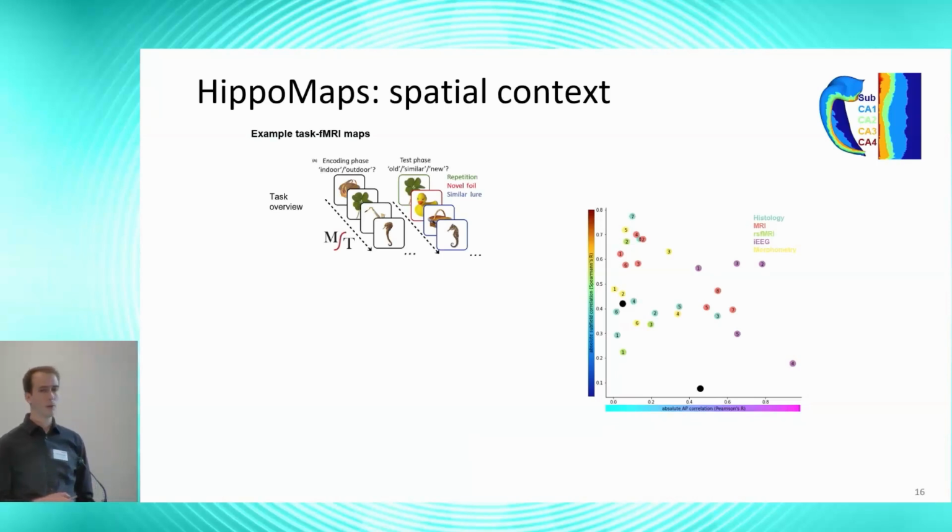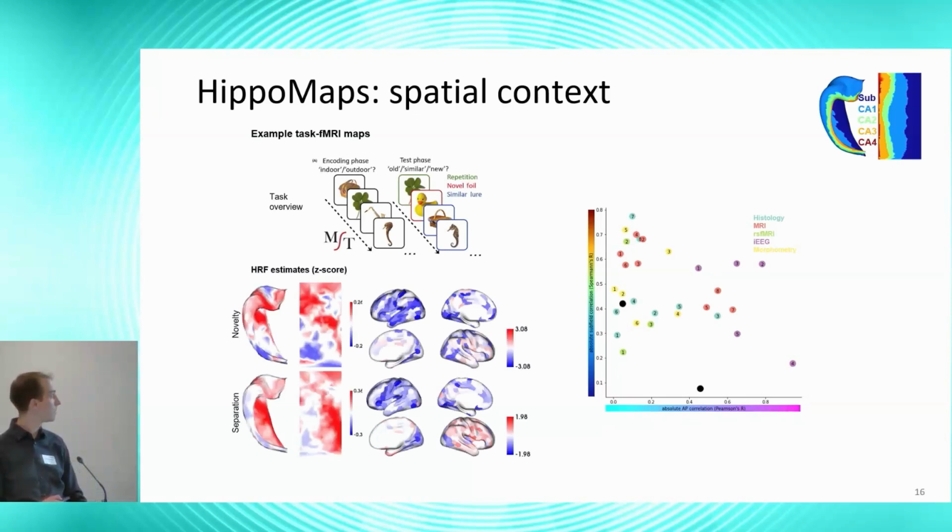So let's say, for example, you're a psychologist and you run this study test paradigm where basically you're testing people's memory, and you do it in an fMRI scanner. And so then you can map out the hemodynamic response function for different memory performances. So to totally novel trials, or to trials where people were able to do pattern separation, so basically maintaining a very good representation in memory. And we get these maps then of which parts of the hippocampus are most involved for each of those kinds